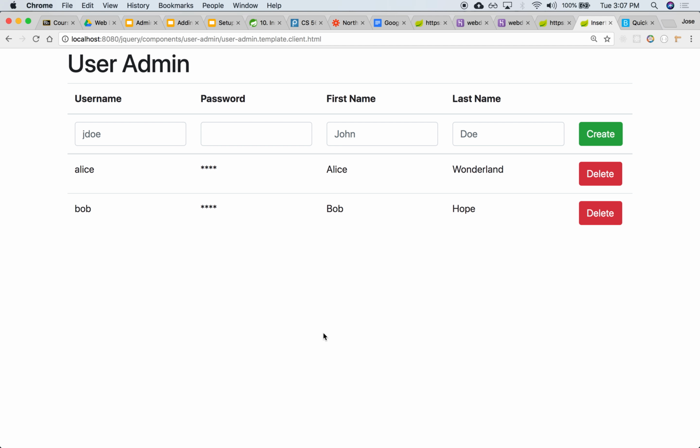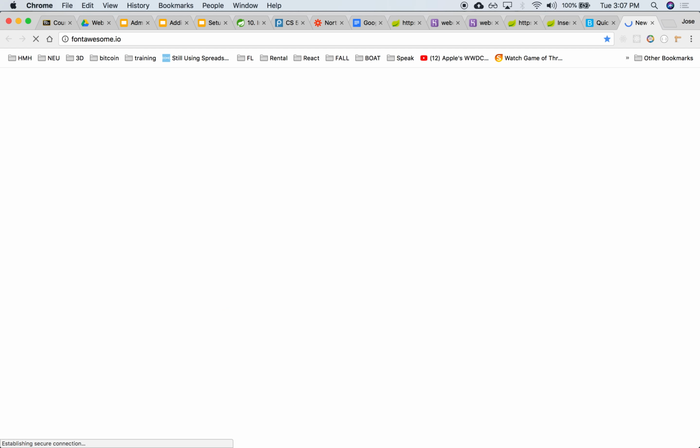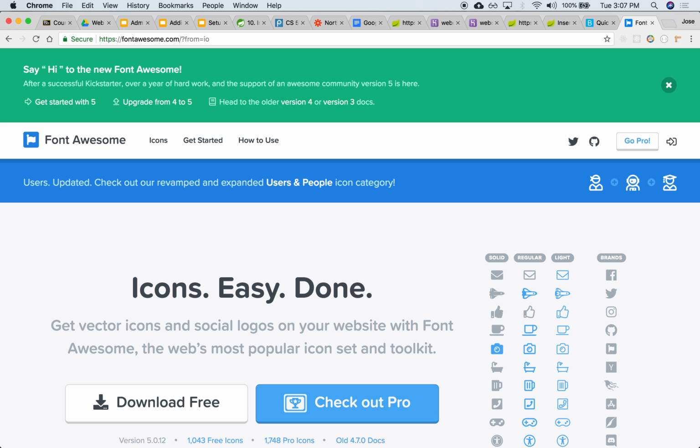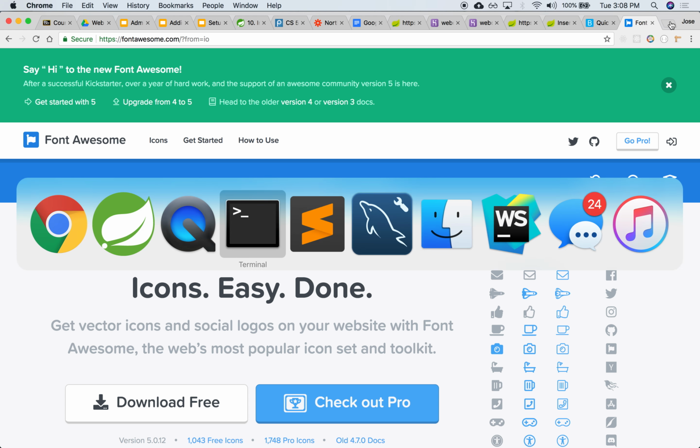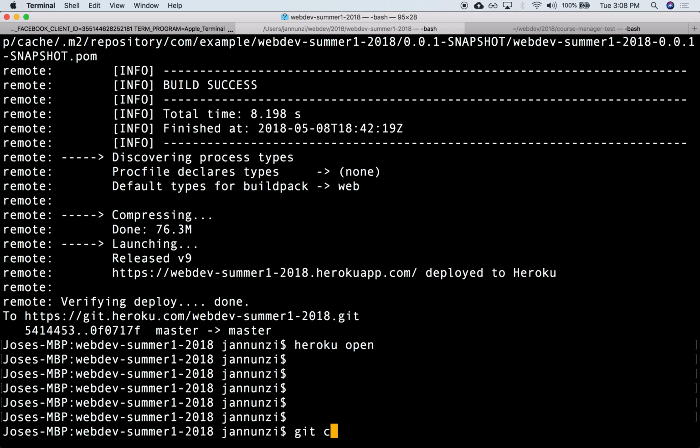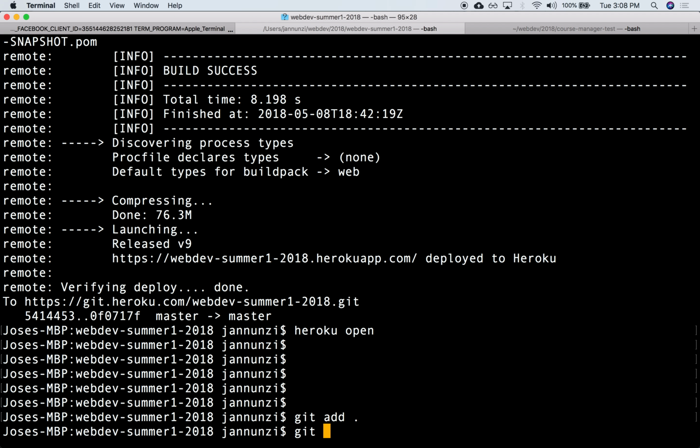And we can instead use perhaps icons, right, where we have an X or a plus or something like that. And for that, perhaps you might want to explore Font Awesome. Font Awesome is an open source library of hundreds of free icons that you can include. You can also find the space shuttle and the bathtub, coffee. There's tons of things in there that certainly you can reuse, and I believe it is required as part of the assignment, right? Anyway, the very last thing is that we might want to commit this, git add, git